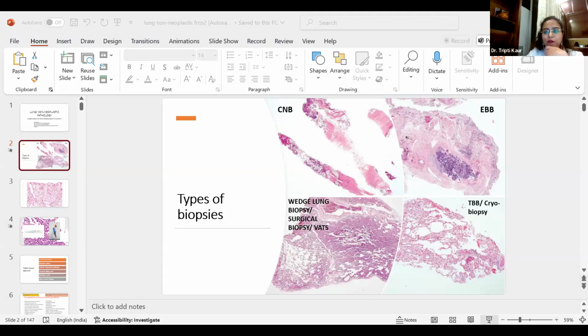So, before we go on to the lung pathology cases, we need to know what kind of biopsies you receive in the lung. So, these could be,